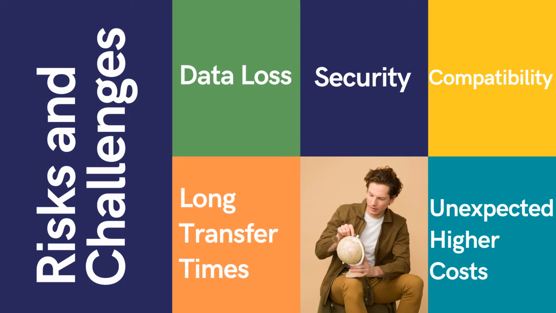Second risk is security. Organizations need to make sure that all data is securely encrypted before migration. Third risk is compatibility. Compatibility issues are also possible in data transfer, such as changed operating systems and unexpected file formats. Fourth is long transfer times or delays. It can be challenging to predict exact online transfer times. Network impediments may restrict connection speeds or hardware restrictions might throttle the amount of data.